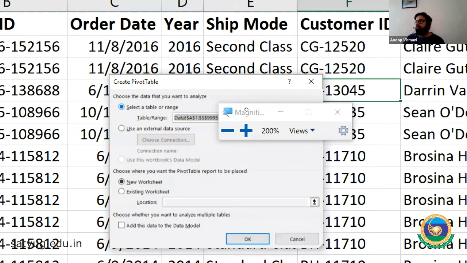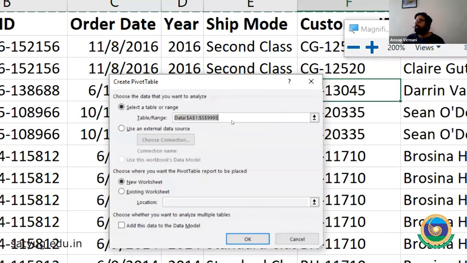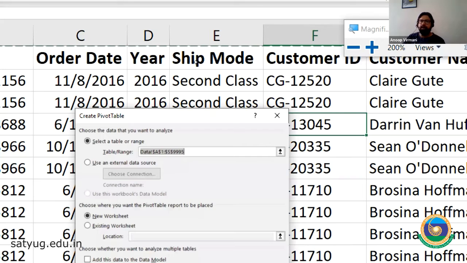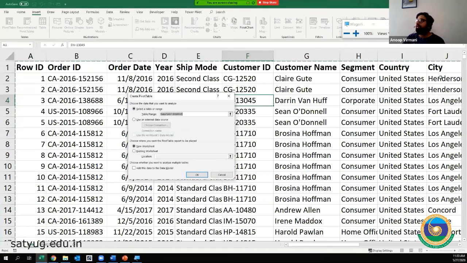As our data has already been selected, you see A1 till S9995. So this was the whole data that we have, and you see a border running around this selection.